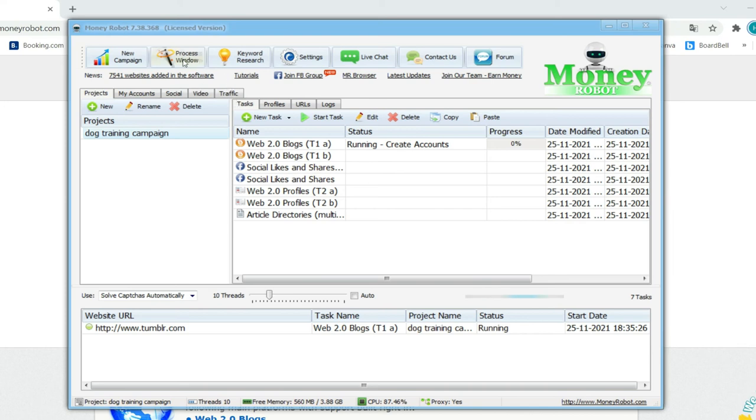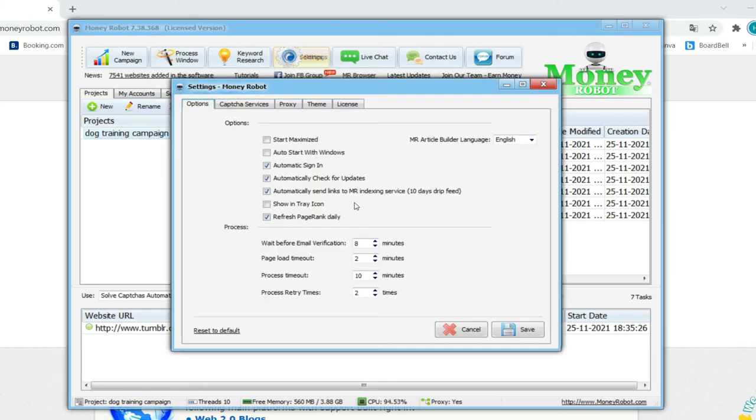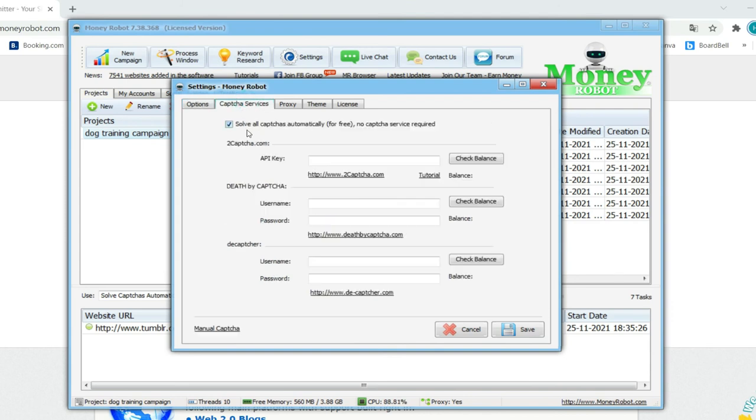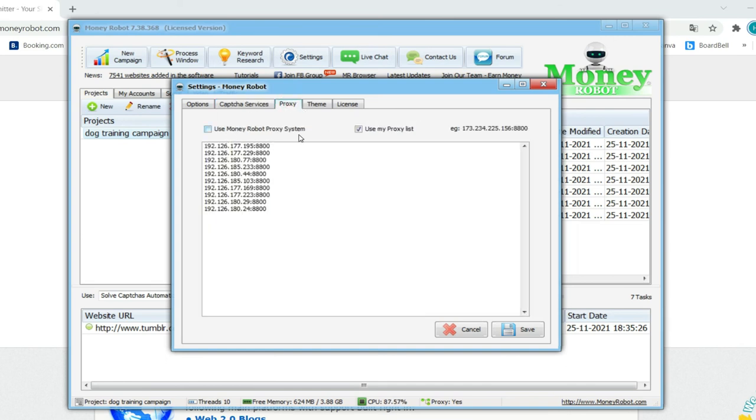and there is an option for settings as well. As you can see, you have to keep these options by default. Here you can also use a different captcha service, but it's recommended that you use the free captcha service, and you can also use the Money Robot proxy system, so that your system's IP is not exposed to Google.